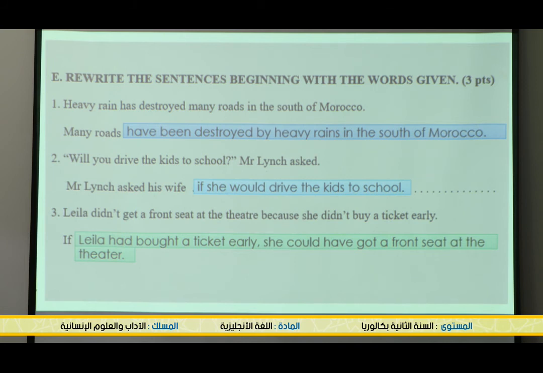As you can see, we have if, Layla is the subject, had bought is the verb in the past perfect. This is the if clause. Then we have the main clause here. We have the subject she plus could plus have plus the past participle of the verb. Now next,